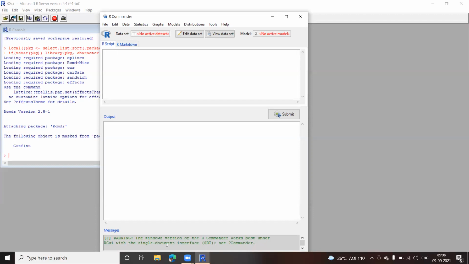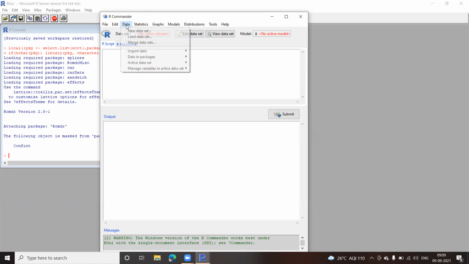Clear? Now, to start with R Commander, the first thing we are going to do is include one data set. I need to include one file, which is a CSV file that I have created beforehand. I'll show you the structure as well, how it looks. Just for the example, there are not lots of records in it. We have only three columns and four rows in this particular CSV file.